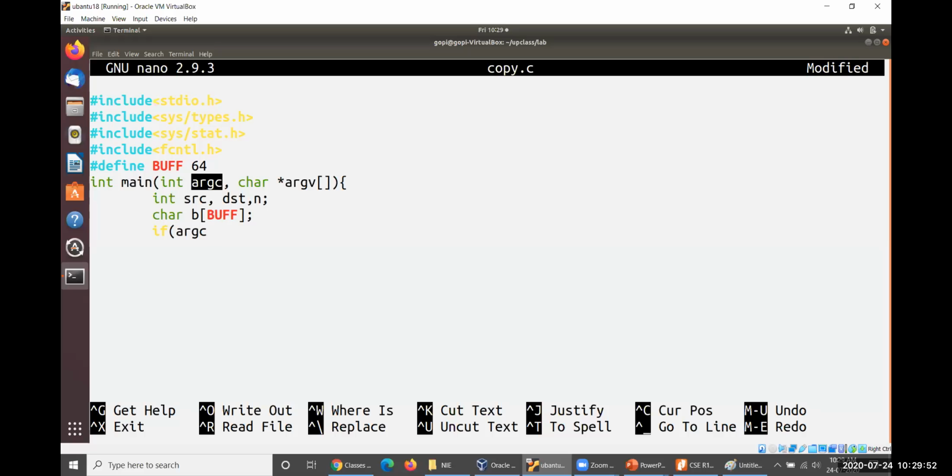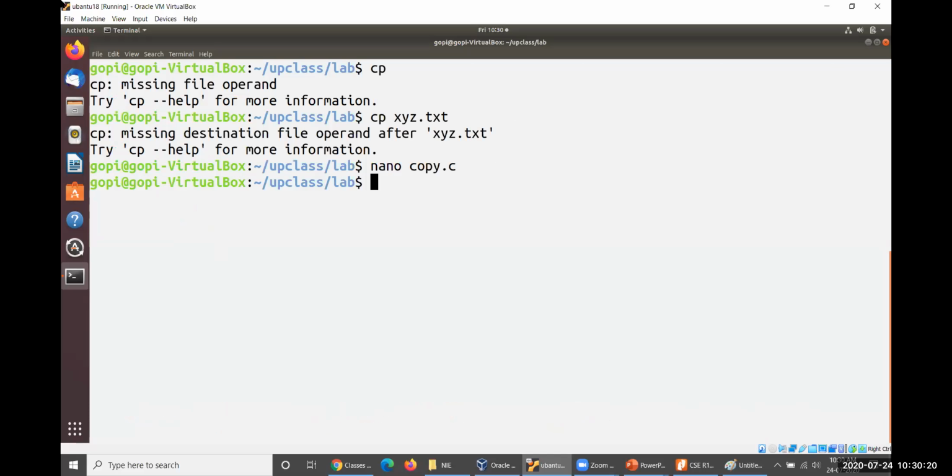argc is equal to 3. Okay, before checking equal to 3, consider equal to 1. Only one parameter has been given. Obviously, one parameter must be given, then only this could be executed. copy must be given. Then what exactly is specified? Let me close this one and check what kind of message is generated. The message is missing file operand. Okay, edit copy, missing file operand. Let me take it out. So print.